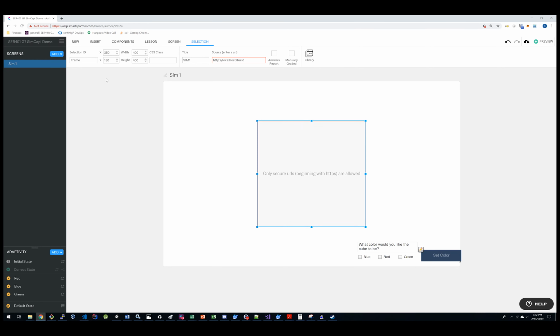For this sprint, I researched options for building and deploying locally for our simulation so that we could test the integration with Smart Sparrow easily. Beforehand, we were not able to actually use our local builds with Smart Sparrow, so I had to research some solutions to this because Smart Sparrow does require secure URLs. So I was able to configure Nginx and deploy it locally with a self-signed certificate so that we could test